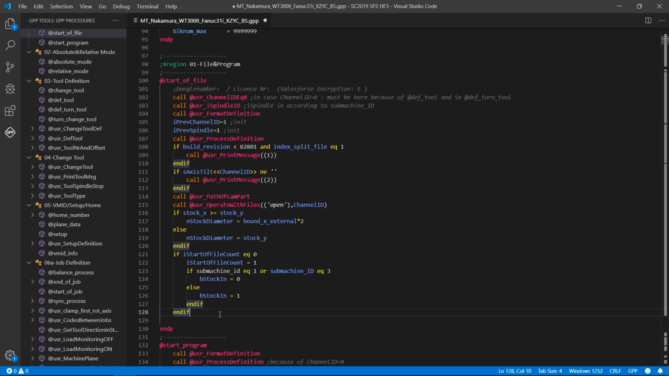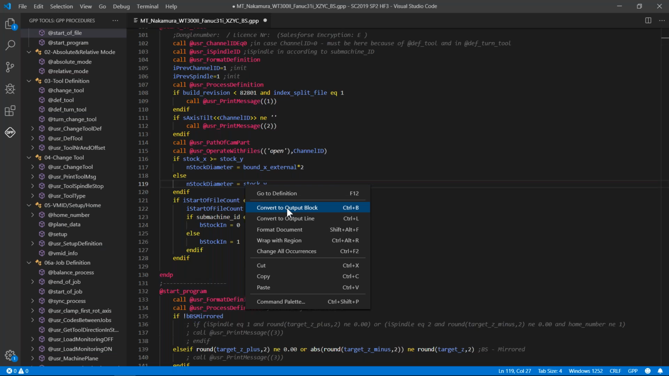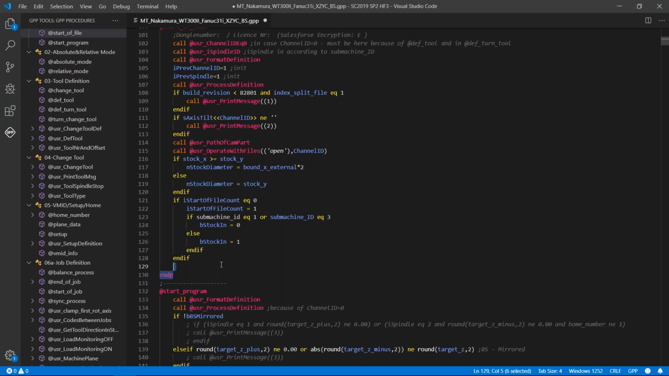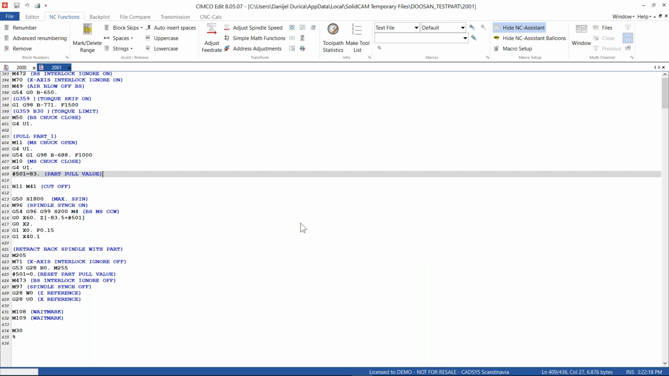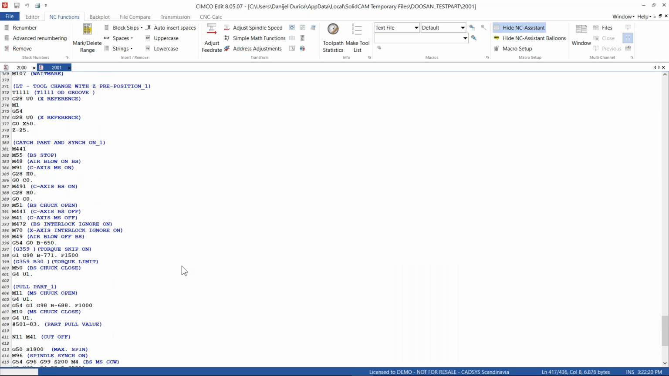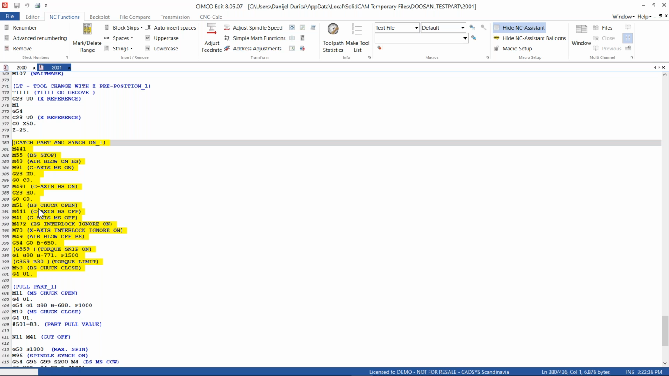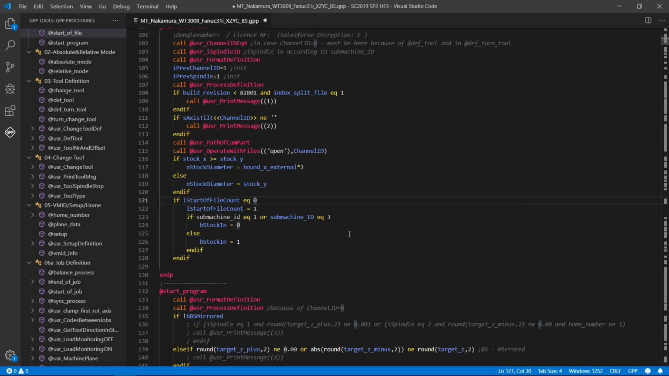All right, next feature, it's convert to output block and output line. How many times has it happened to you that you have a piece of code that the customer said, okay, if I want to use the part release on a military machine, I want always this piece of the code? Let me see, I think I have something in my editor. Perfect. In this example, this is the part transfer code, okay? But I will use it in this example. So I'll just copy this piece of the code. I'll go to Visual Studio Code,